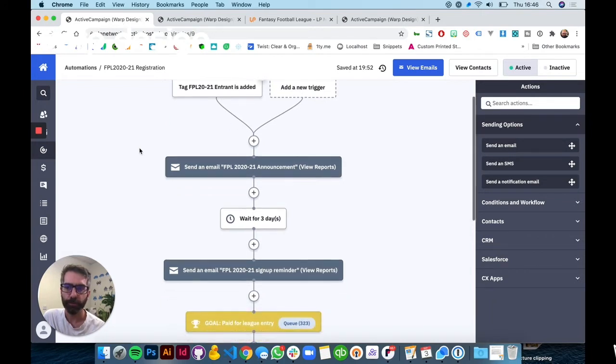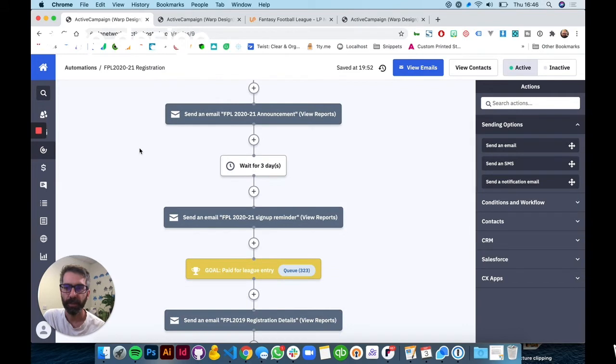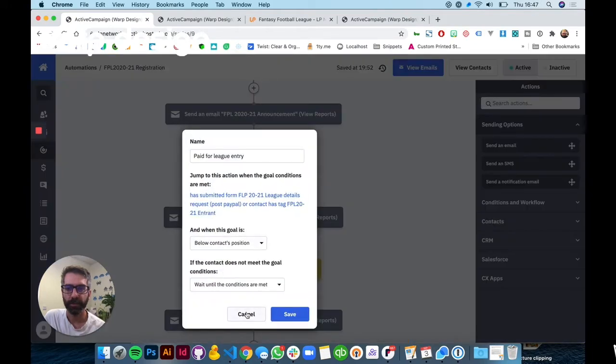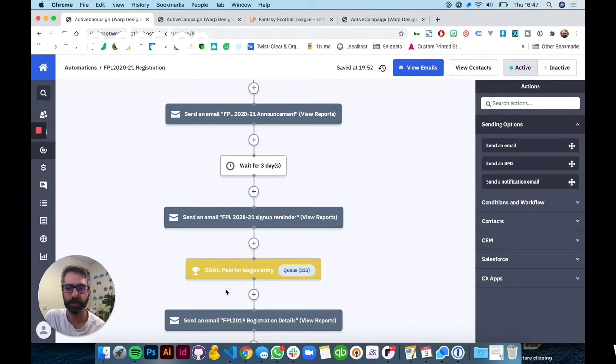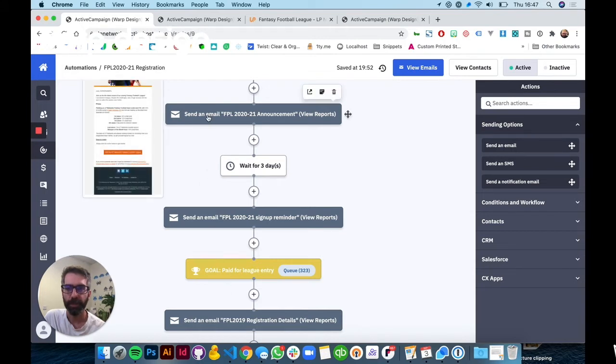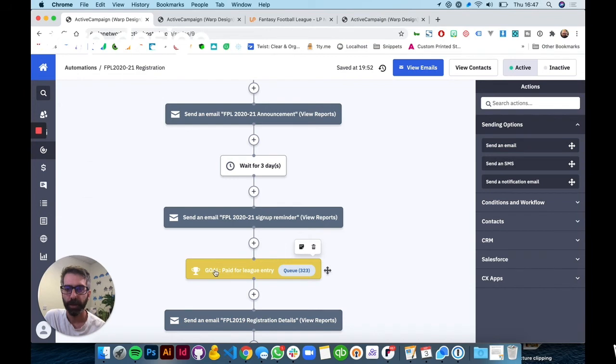automation screen. Because they submitted that form, it triggers them to arrive at what we call a goal. So a goal is a set of conditions that define a contact that has done something. They've taken a certain action that you've predefined. So in this case, we want to know, has a contact paid for their league entry, yes or no? So this little block here checks that. I won't go into great detail at the moment about how this technically works, but rest assured it makes those checks. And if they have made a league entry, they're jumped forward from here to here and then onwards to